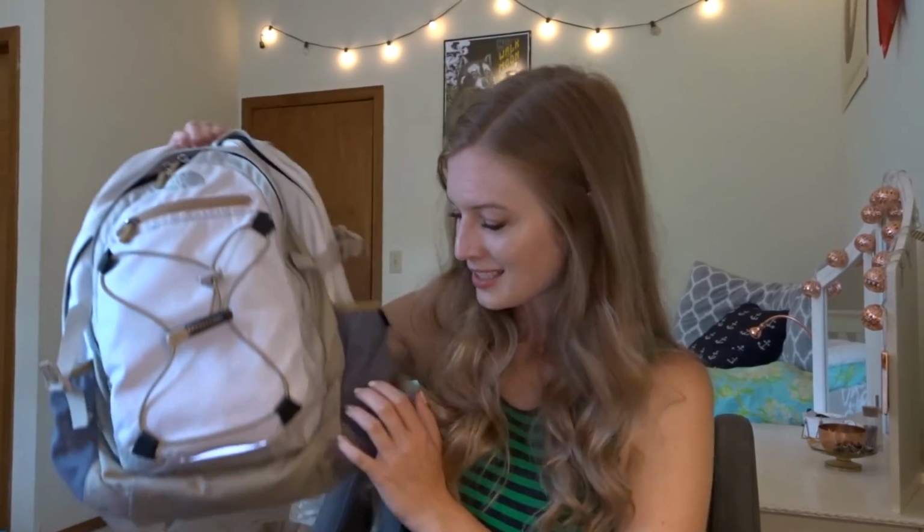And there's one last thing that I want to show you guys, and that is my North Face backpack, and it's called the Isabella Backpack. And I absolutely love it. I actually got it when I was a sophomore in high school, so it has lasted me so many years. And it's funny, I probably shouldn't have gotten a white one because they get dirty, but I just put it in the washing machine every year before I start school, and it comes out looking brand new, and it has lasted me so long. And so that's why I recommend getting a North Face backpack, because they're just a great